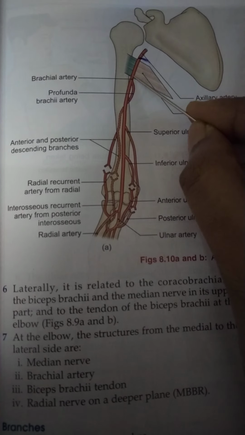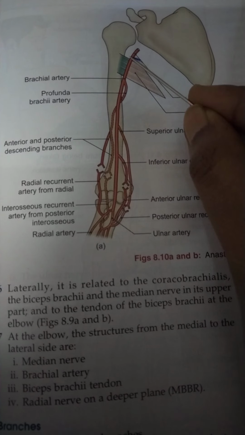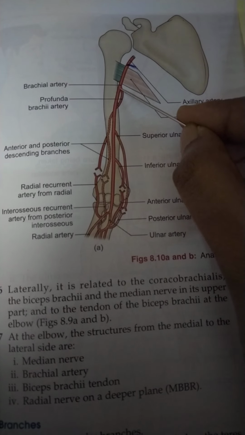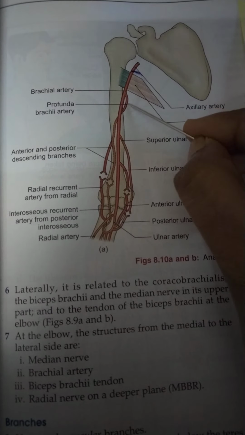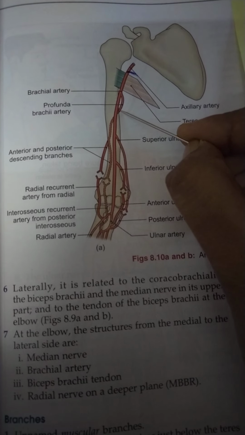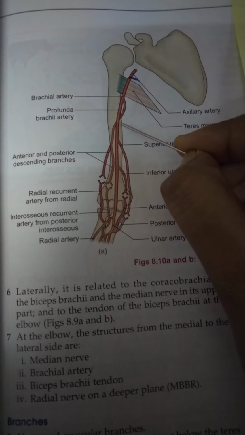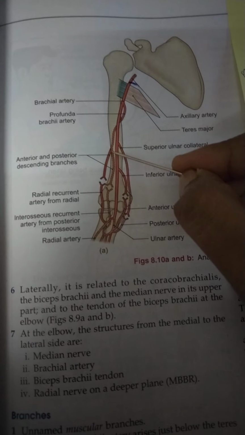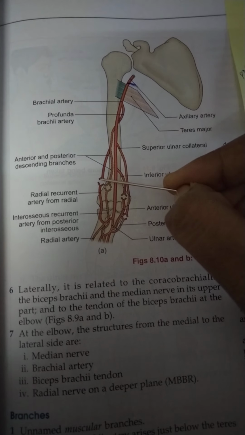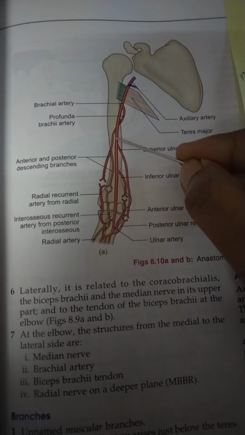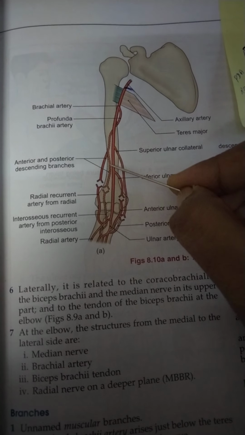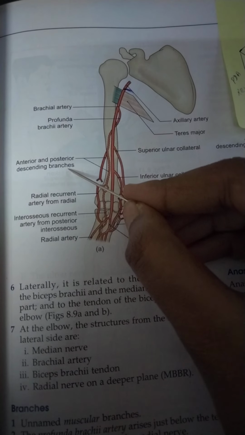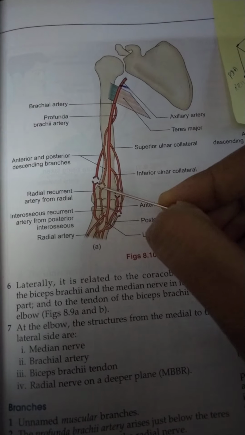This is the brachial artery, and this brachial artery gives out a deep side branch, and that is called the profunda brachii artery. And this profunda brachii artery goes posterior to the humerus shaft, and then it divides into two things. One is called the anterior descending branch or the radial descending branch, and the other one, which is actually posteriorly running downward, is called the posterior descending branch or the middle descending branch.